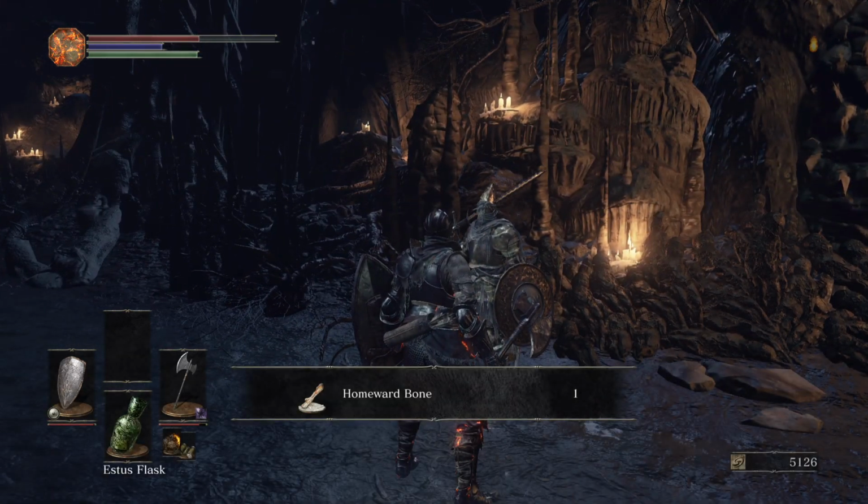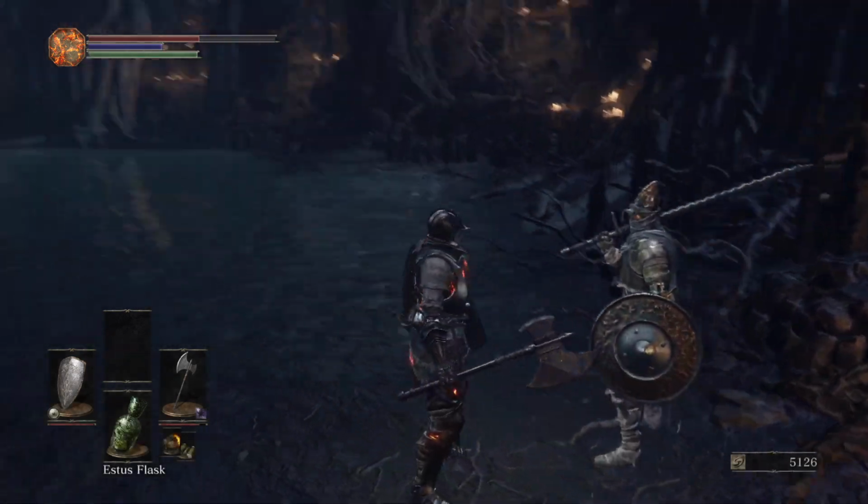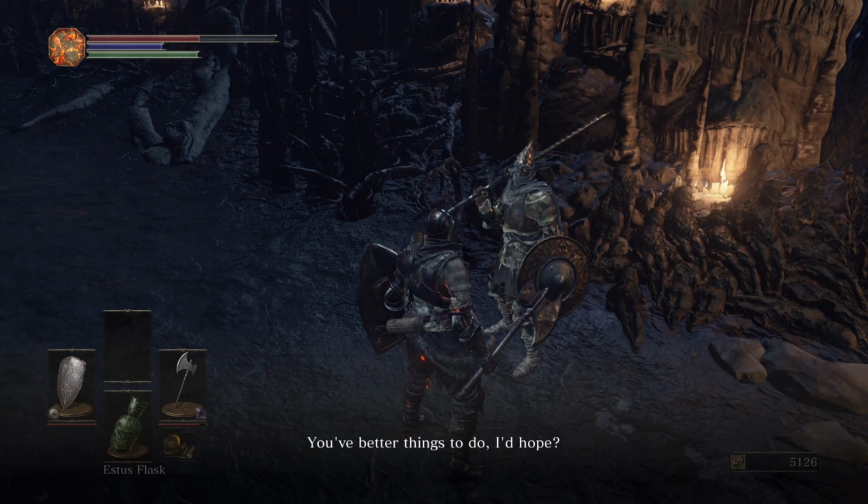You'll go. Take my... This Get a pit homeward is for bone. You've... So that you can get out of here. This pit, you've...